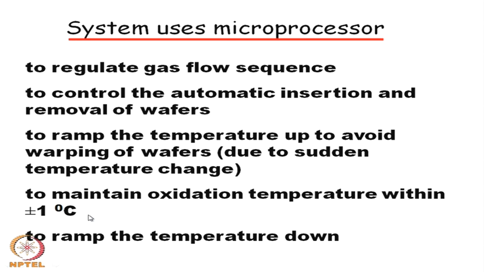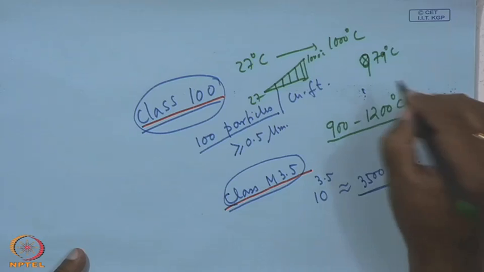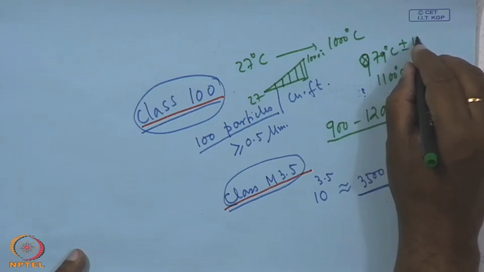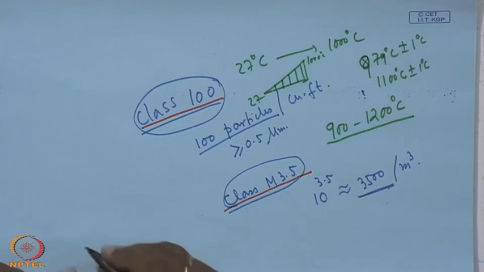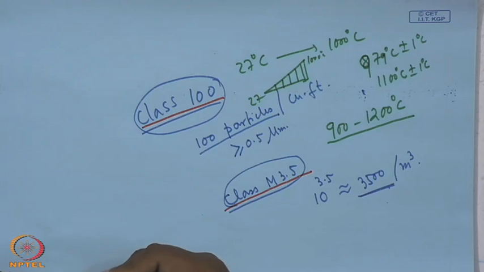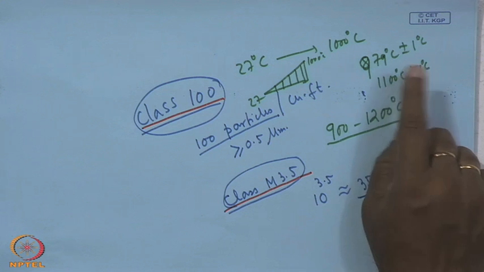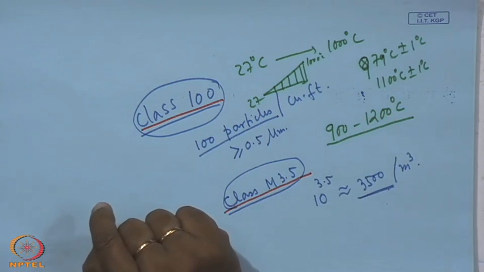So, it is very important, if you need say 979 degrees centigrade or 1100 degree centigrade temperature, it must be plus minus 1 degree centigrade. So, such kind of precision is required in case of an oxidation system. And again, when the oxidation is completed, then to ramp the temperature down to room temperature from say 1100 degree centigrade or 979 degree centigrade or 1200 degree centigrade, to ramp down the temperature you have to use